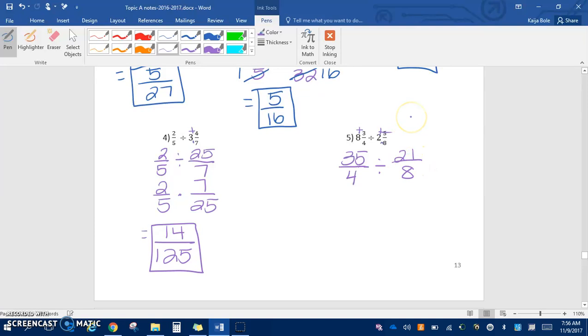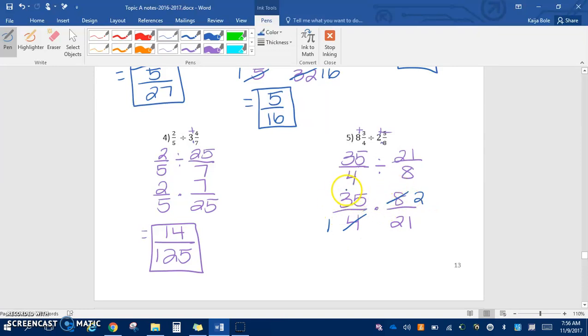denominator of 8. So then we multiply by the reciprocal, so we have 35 over 4 times 8 over 21. Okay, and you can cross divide both ways here. For the 8 and the 4, we can divide them both by 4 to get a 1 and a 2. Now if we look at 35 and 21, it might take a little bit to think about it, but